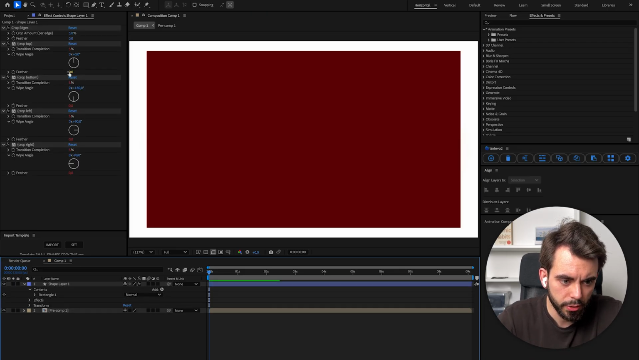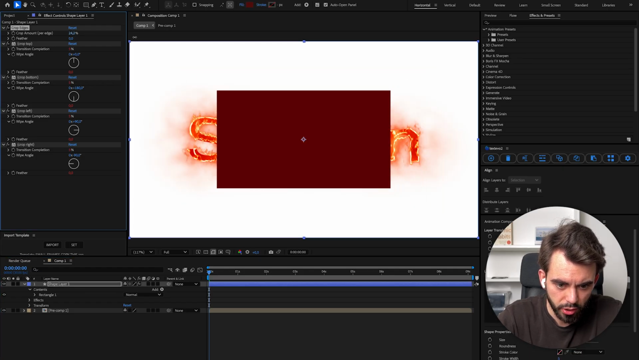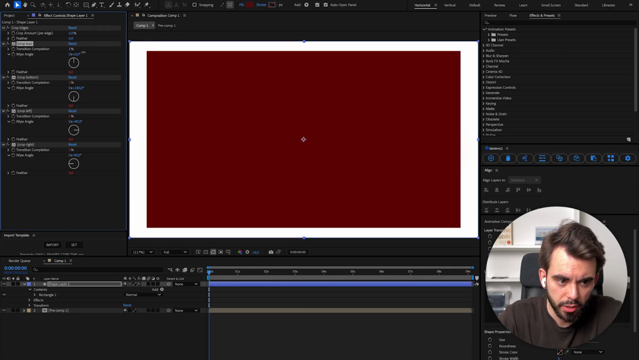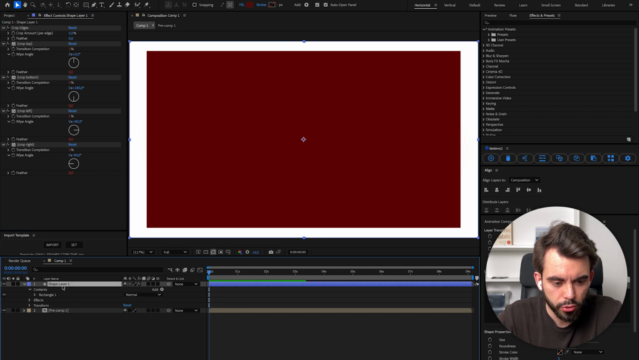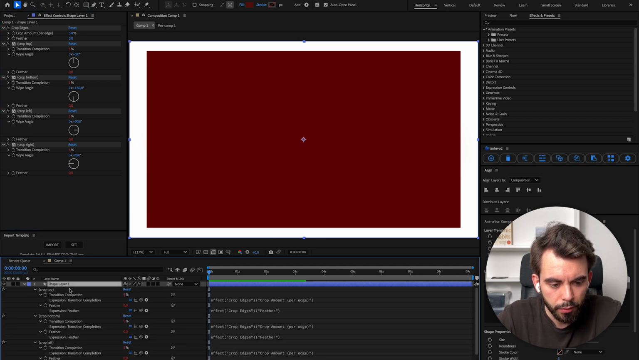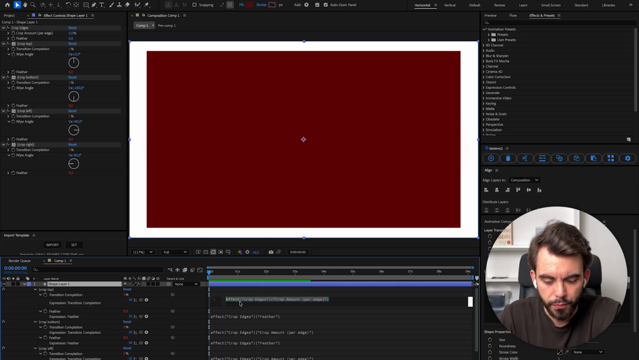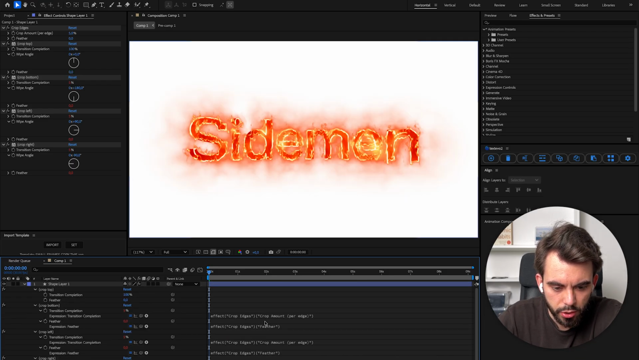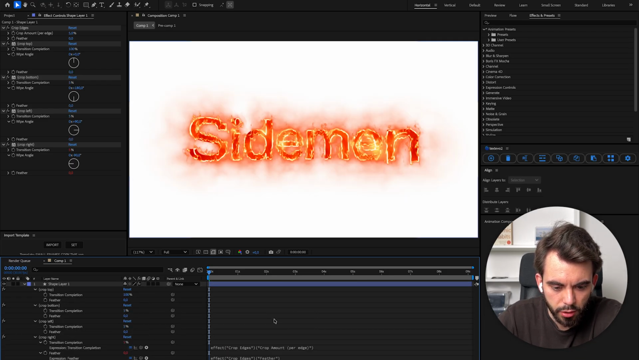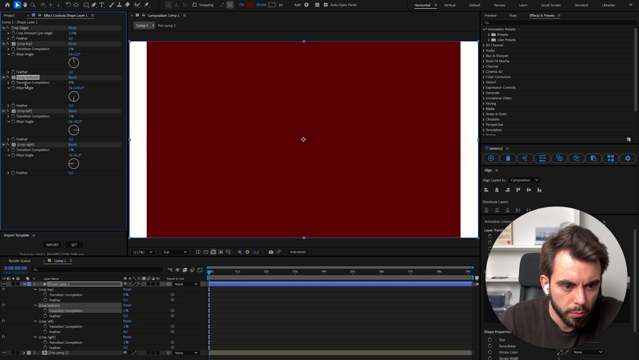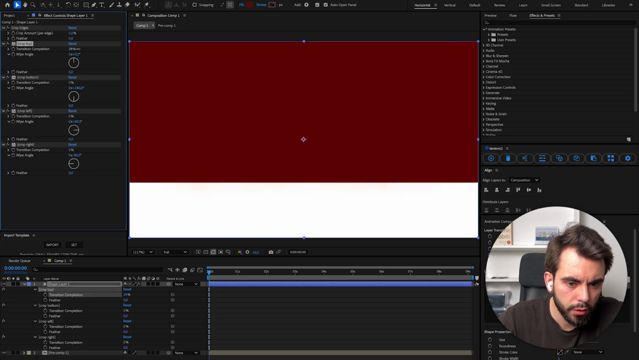Everything that's in red, it means that there is an expression. We need to get rid of the expressions, otherwise it's just going to scale uniformly. If we want to customize the transition completion, it's not going to work because there's an expression. So we need to select our layer, click on EE 2 times to open the expressions. Let's just go ahead and delete the expressions. Just click there and click on delete. And now we need to customize and put everything to 0. And for this one,